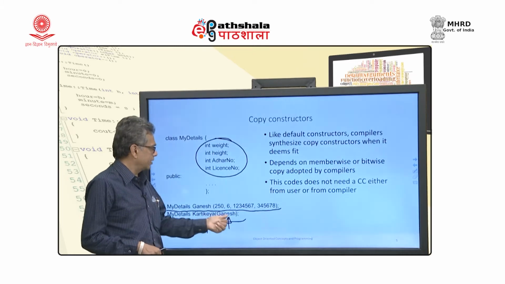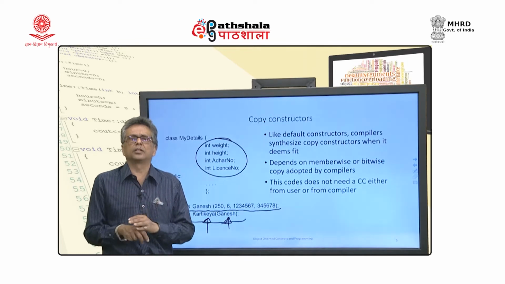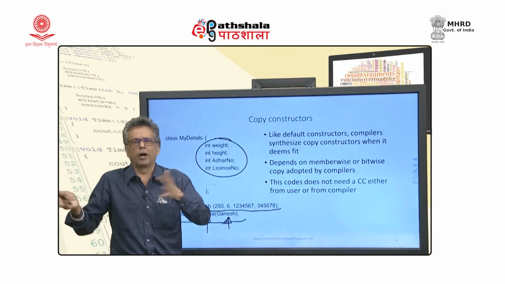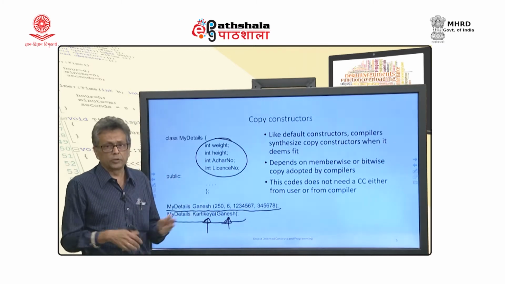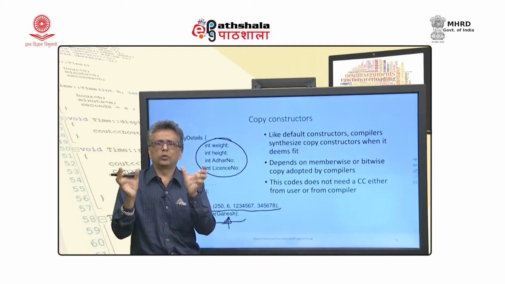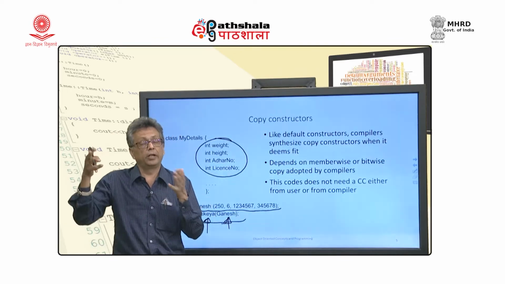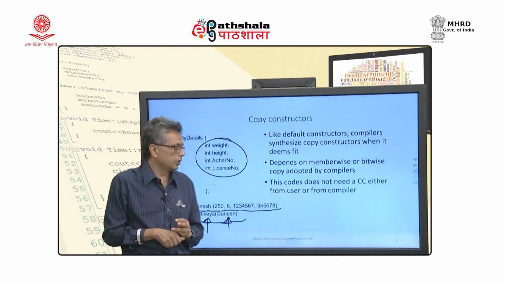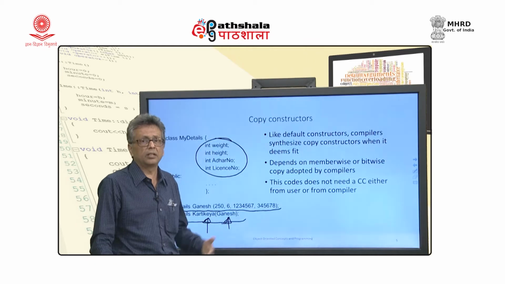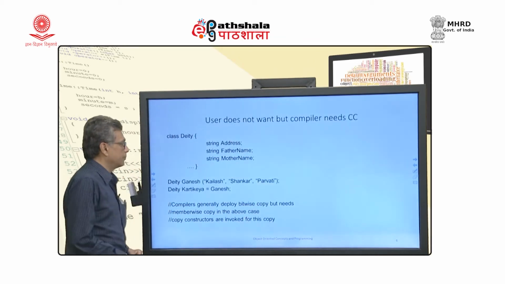This actually is a copy. A normal copy constructor only copies everything from one object to the other. That is called bitwise copy semantics. It is copied bit by bit without looking at the member boundaries, and is pretty fast. That is what generally people do when they write a C program. When you assign a struct to another, everything from this structure is copied into that structure without really worrying about the boundaries of the members. The same thing will happen here, that is called bitwise copy semantics, and when that is done, the copy is as fast as the C code. But sometimes you can't do it.